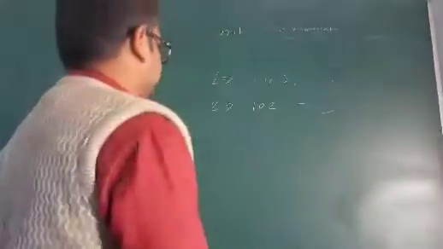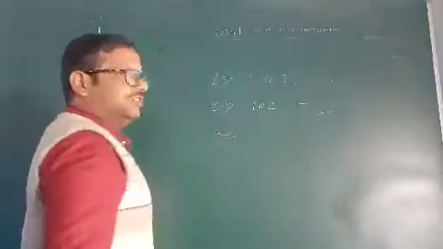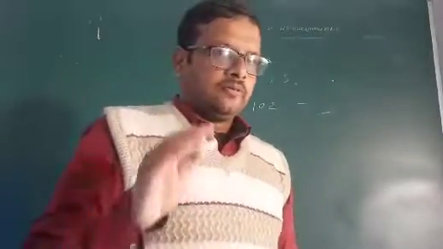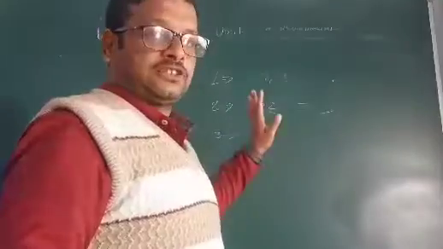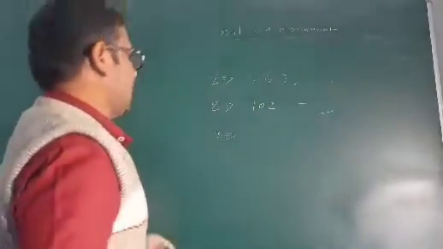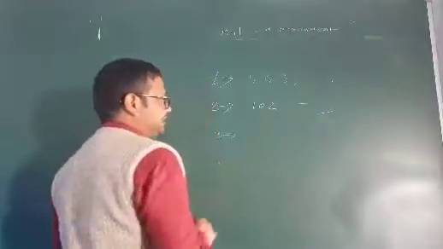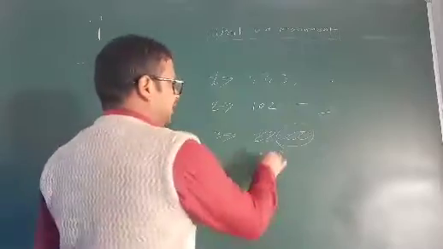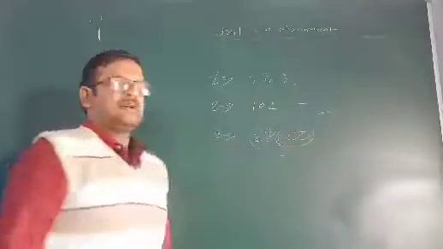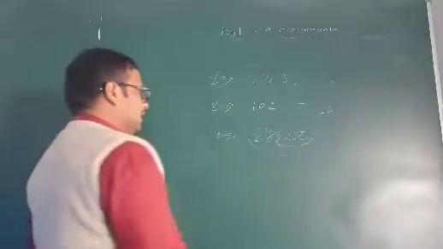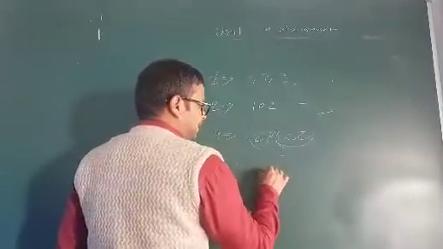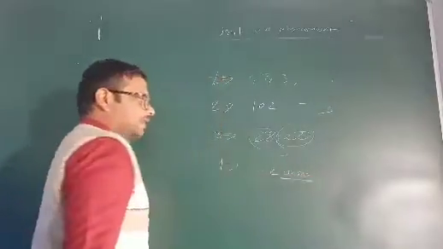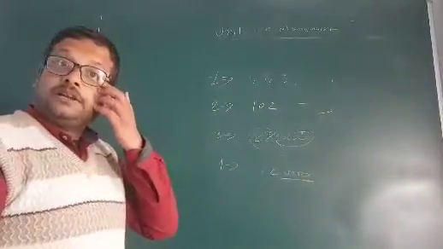Third, all the zeros on the right-hand side in case of non-decimal numbers. First of all, we are discussing non-decimal numbers. All the zeros on the right-hand side are non-significant. That means in 20,000 and 28,000, the zeros are non-significant, and only 2 and 8 are significant. In case of decimals, after the decimal all the zeros are significant.